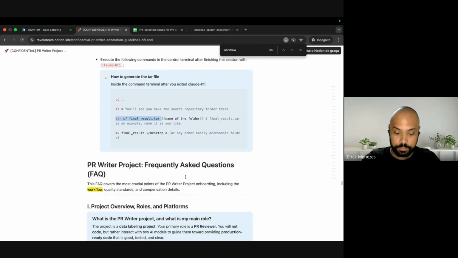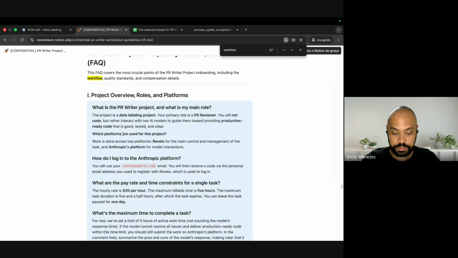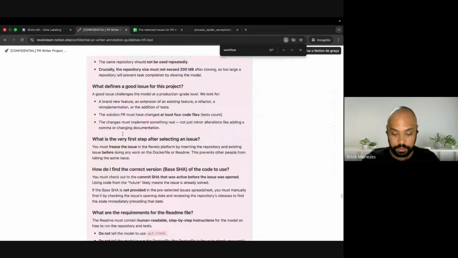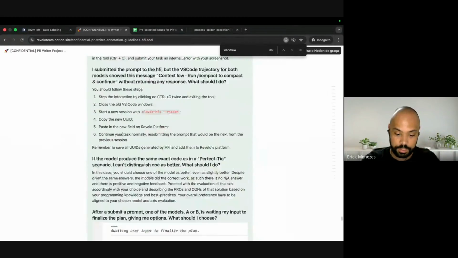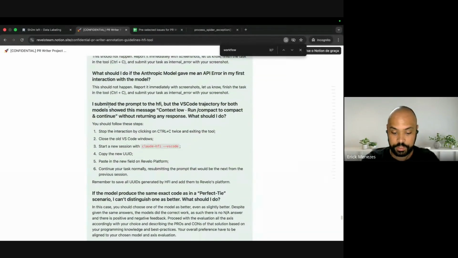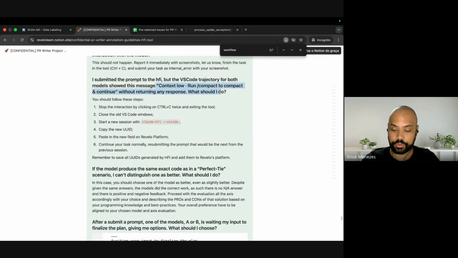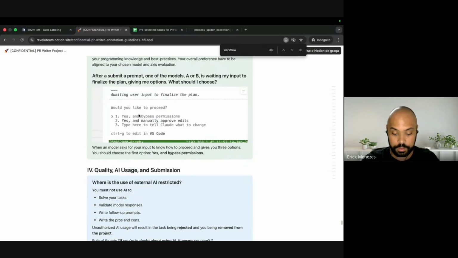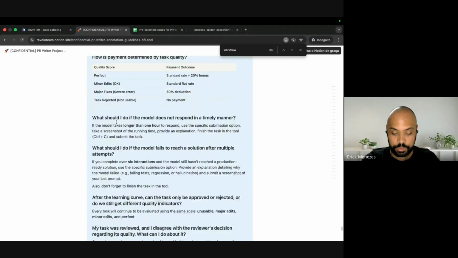Talking more about the guidelines, we have some frequently asked questions. Any doubt you have, everything you may need about the project, is here. There are a couple of issues that we are seeing, like the low context one that I told you earlier, and other things, like how the review process works.